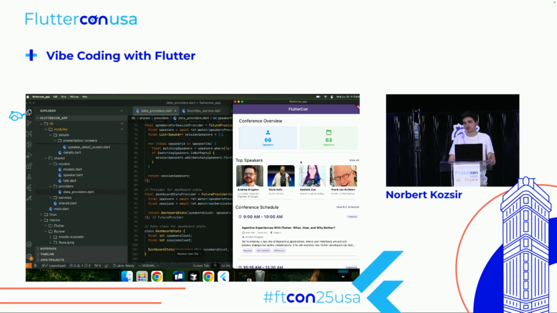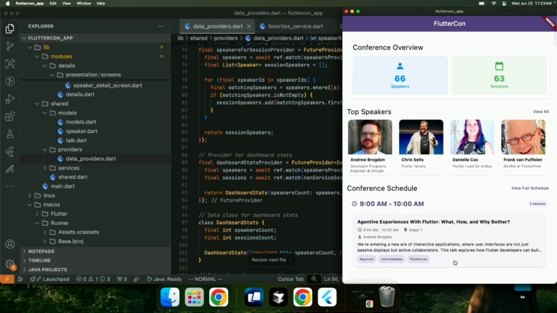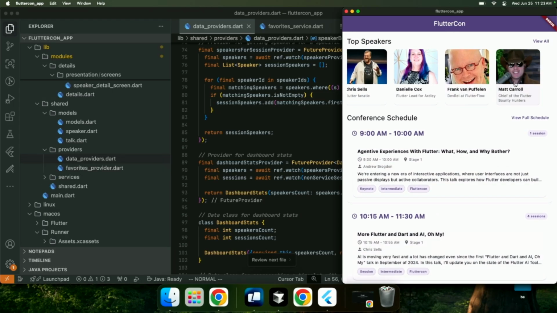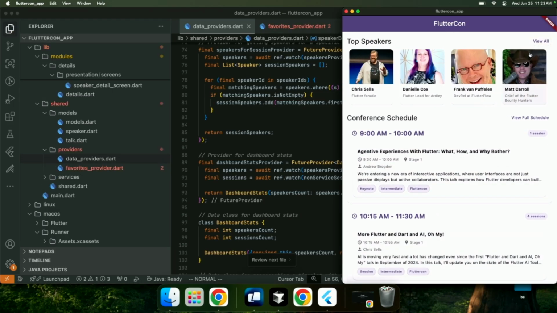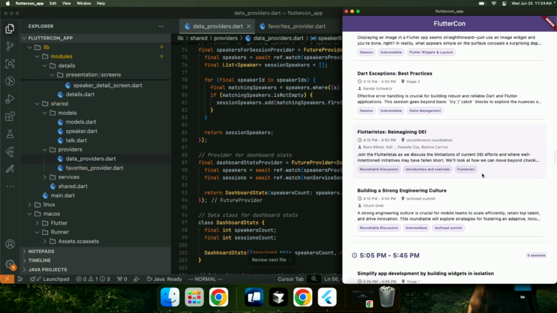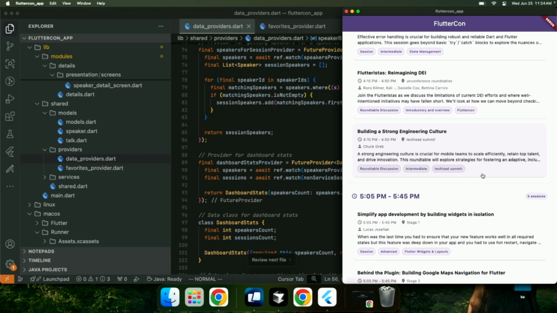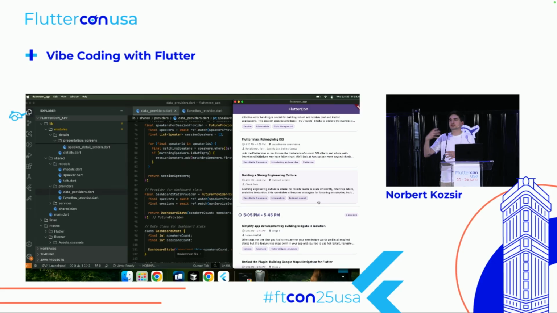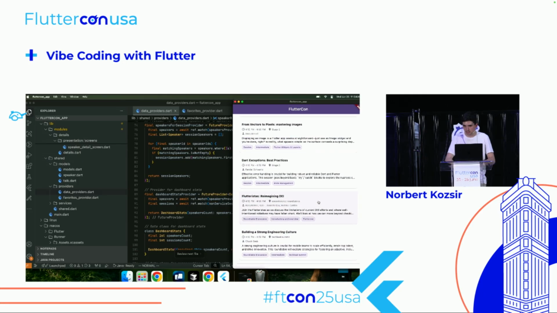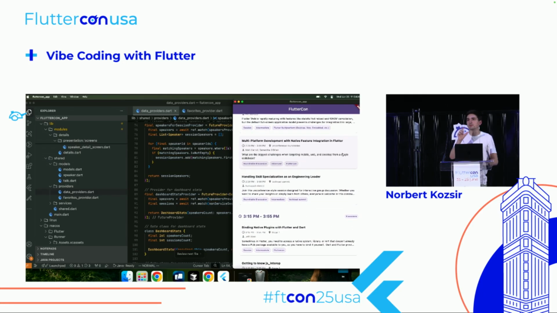Oh, we have a pull to refresh. Sometimes it's the small things. You just notice your software suddenly having features it should have, but you didn't really think about too much, which could be good or bad depending on what you do. We have some vertical scrolling over here. View all does nothing. View full schedule does nothing too. That's also something Claude as a model likes to do: it likes to add buttons and not implement them, which is fine because you create a scaffold first and then do the implementation later. If we look at the code for view all, there's probably a comment like 'later implement navigating to that screen.'